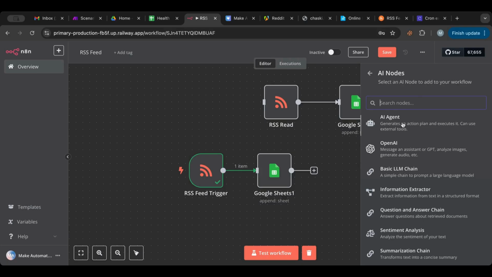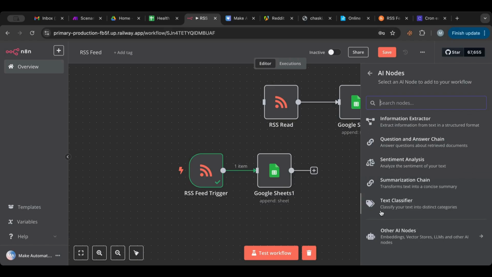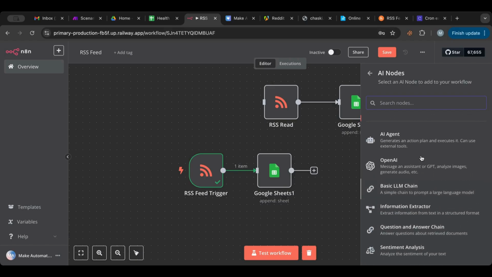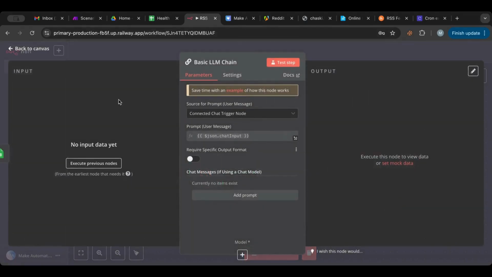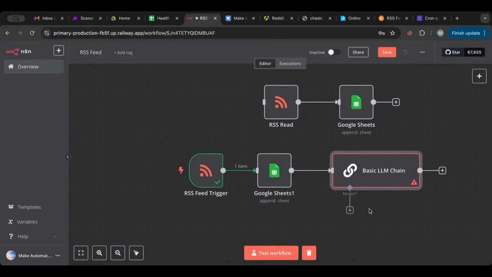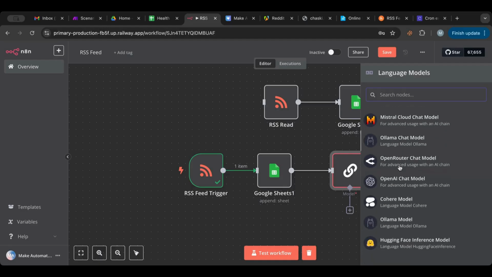Right, you can run it through an AI agent. There's a lot, you can classify the text, right? You can do whatever you want. You can have a basic LLM chain. Then you attach a model to that. For example, you can attach ChatGPT, right? OpenAI,